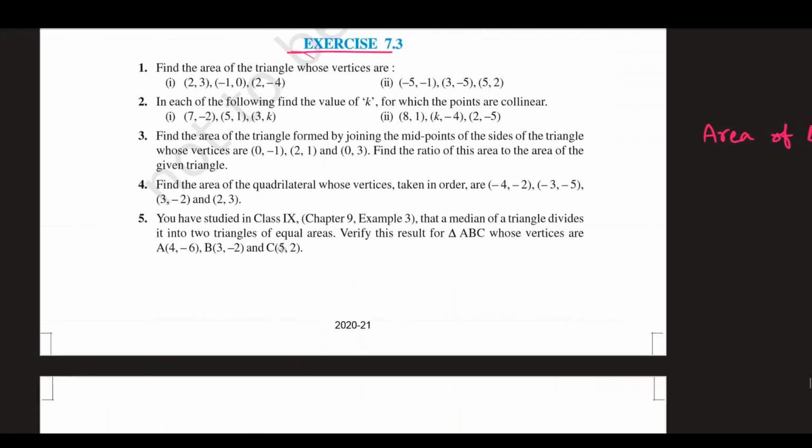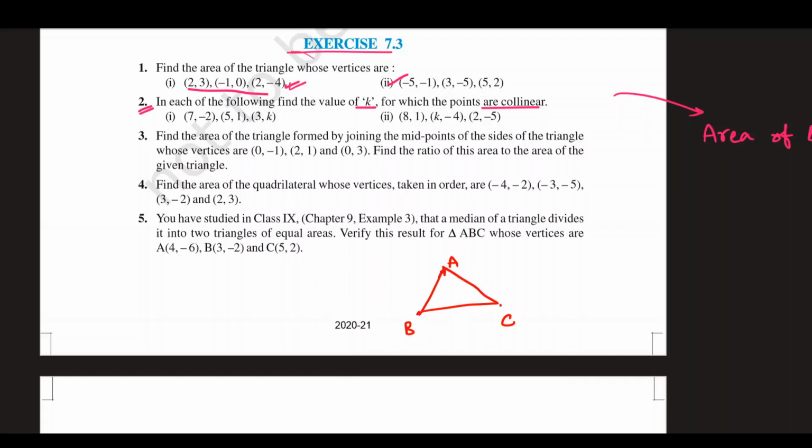the whole exercise. So question 1 is simple and you just have to fill these values in this formula, and the second part is also the same. In the second question we have to find a value of k such that the points are collinear. So the theory for this question is, if there is a triangle ABC